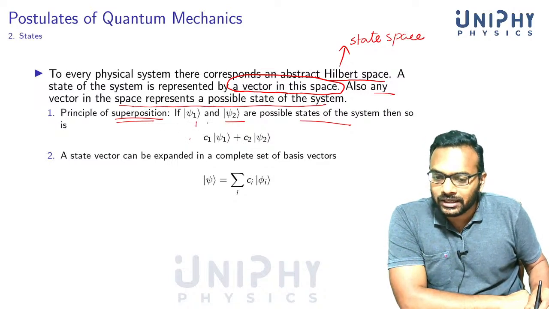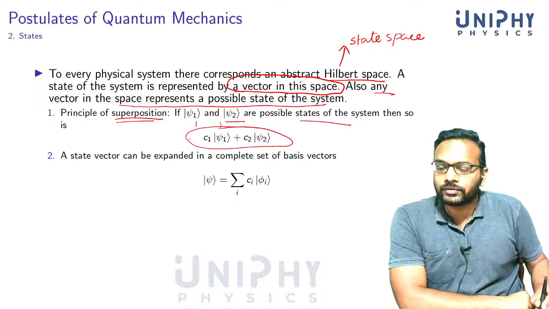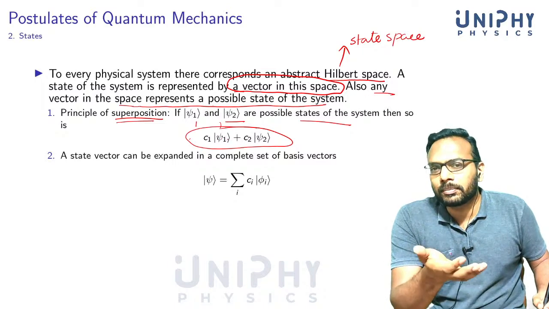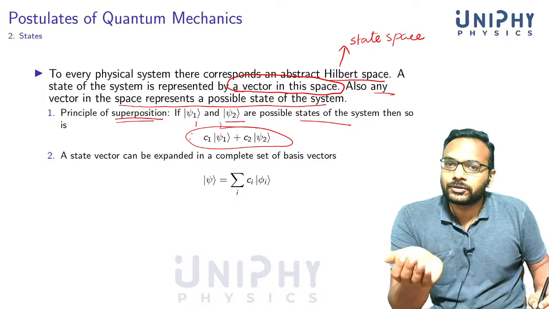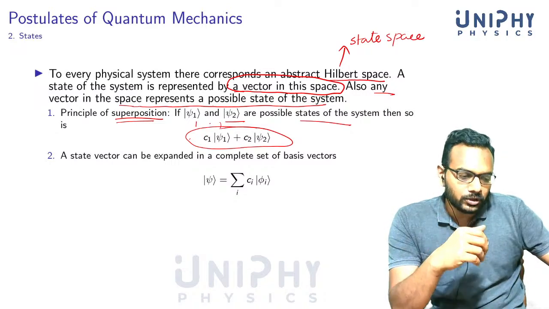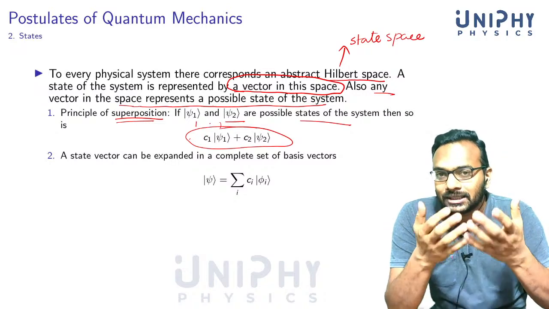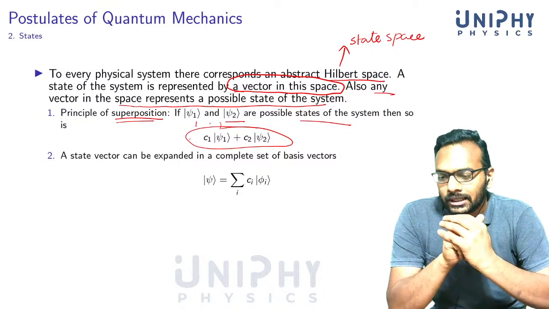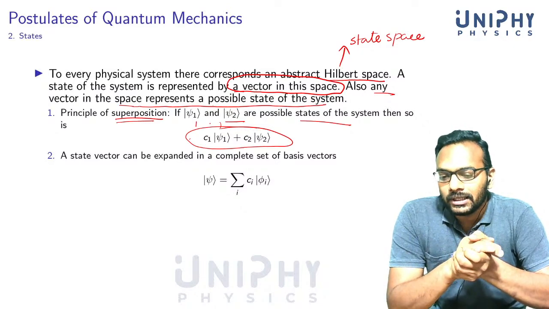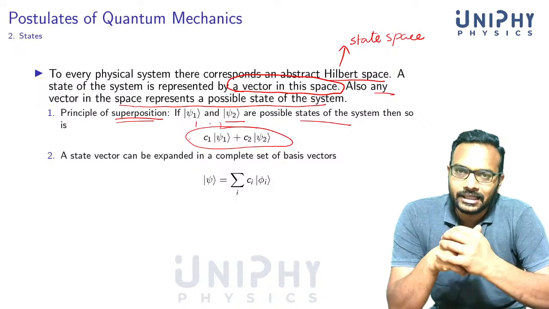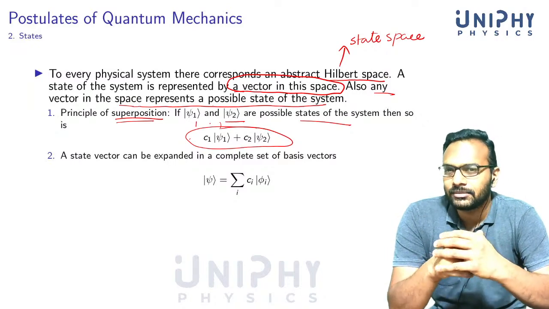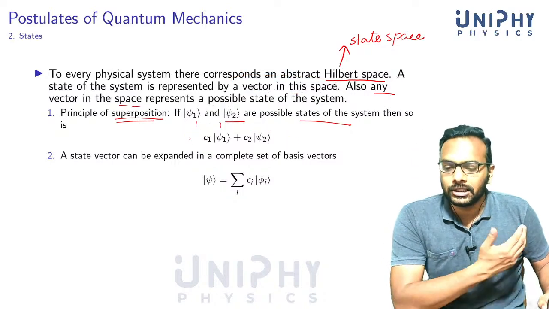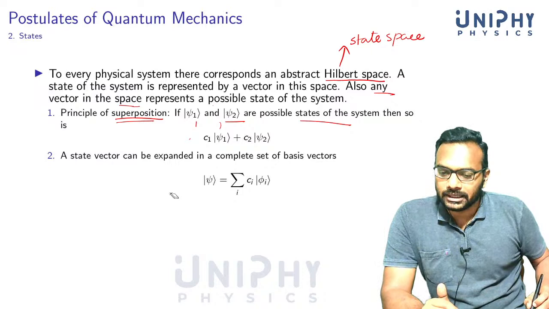Any vector in the space also represents a possible state. Now we know that once we have psi 1 and psi 2, any combination of this form is also a vector in the same space. That's known as the property of closure. So we have the principle of superposition. The way we motivated the principle of superposition was by observing the double slit experiment and choosing a specific interpretation that I will talk about in later slides. We said that the electron actually exists at two places at the same time, so we need some kind of superposition. This is the way we incorporate superposition into the mathematical framework of quantum mechanics.